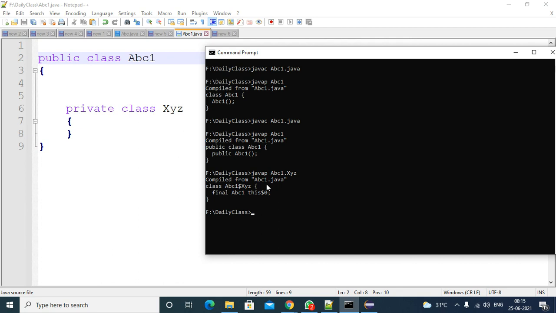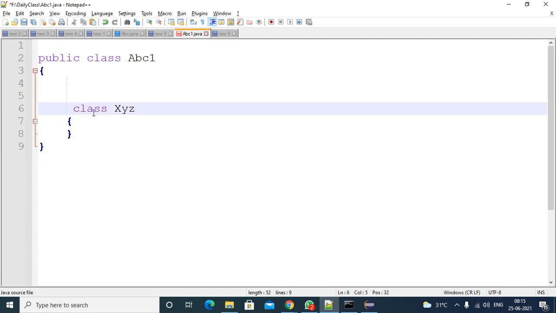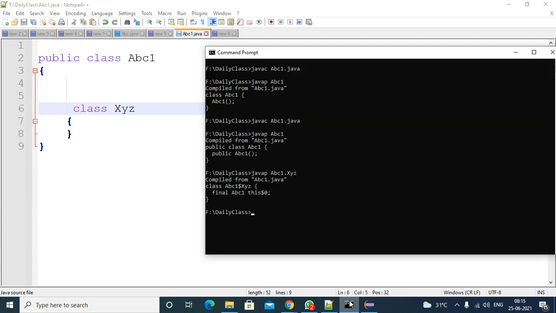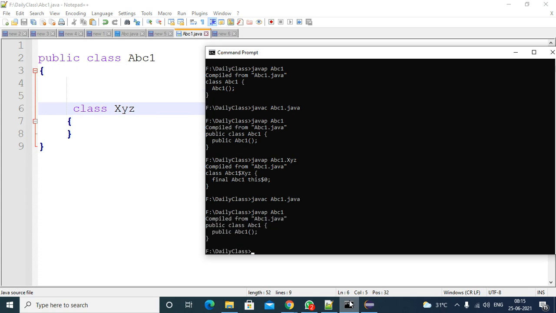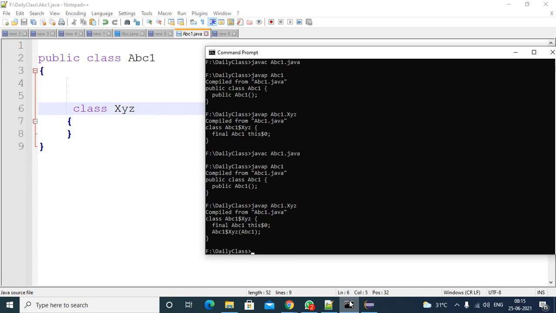javap XYZ. final, abstract is a keyword again. So did we compare properly? Yes. I will check once again. Right, that is the default level.